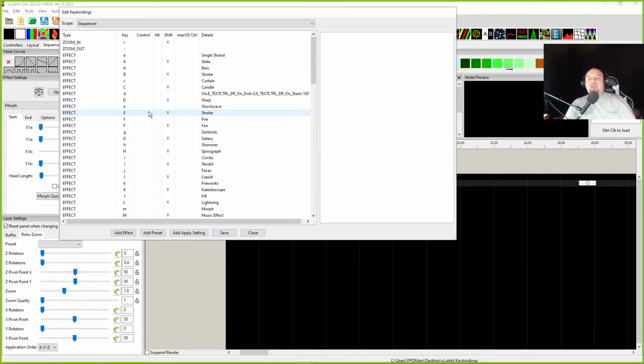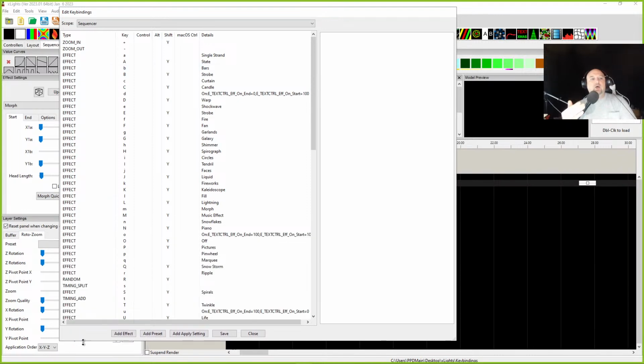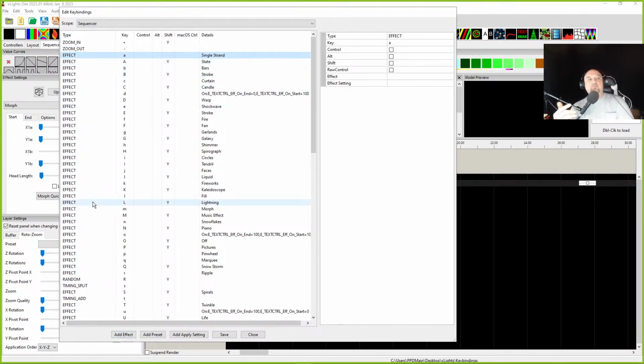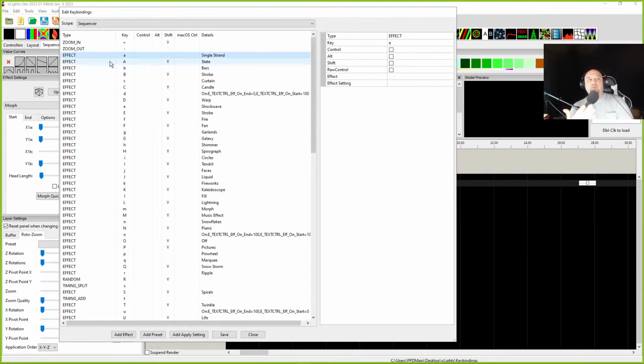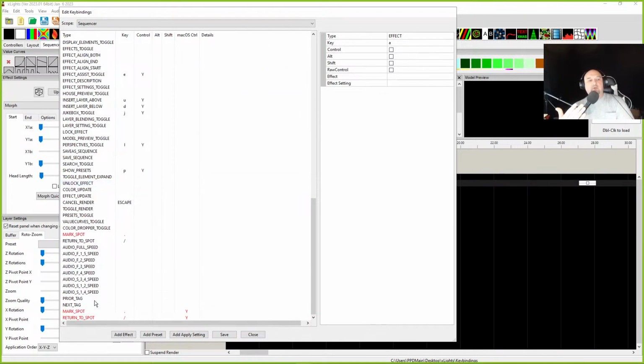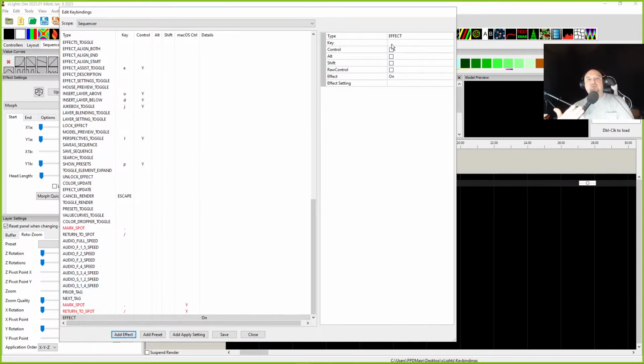But if you want to edit them and give it your own personalization, like there's effects that you're going to use more often than others, then you can customize these, and that's why it's important to understand where this is. So first off, whenever you open this up, you're going to have a number of effects that are available to you. You can add your effect here. You can click Add Effect, and it will pop up another line closer to the bottom here, and it'll say Add Effect. Well, we'll go ahead and do that. Hit Add Effect, and then what you do is you